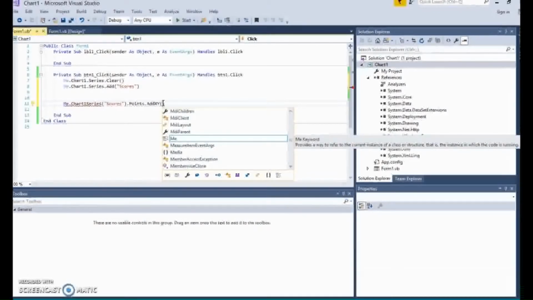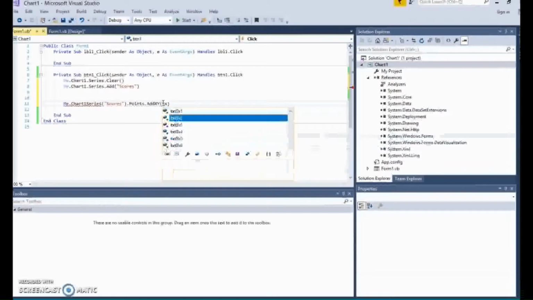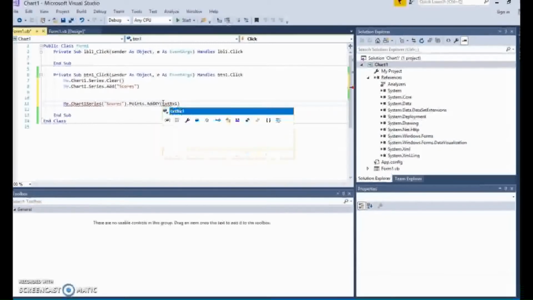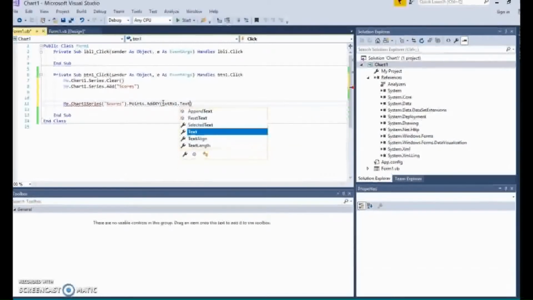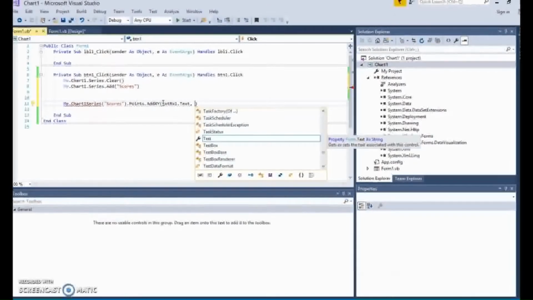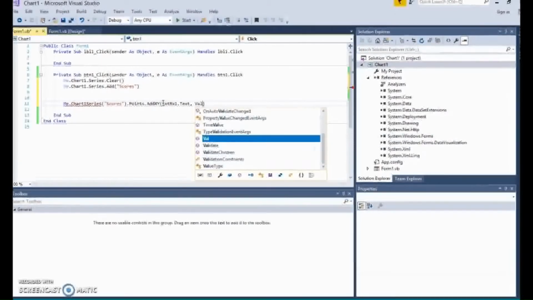Well, on the x-axis, we want txtbx1 text. Basically, we're saying we want here, underneath that label, the actual information that you will retrieve from text box 1, and in this instance, it will be the name of the student. Now, what's going to happen in our chart? What happens next? Well, we need to say that for that text box 1, we need to also add the value,